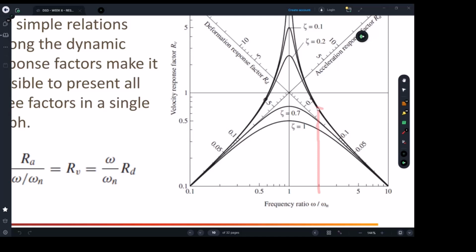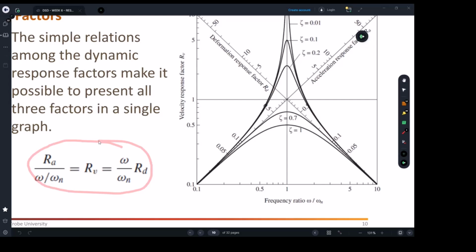Then from here, you can calculate all the other parameters. Remember, we had a mathematical relationship between all those three. Now, instead of using the formula, you can use the chart, because the chart can be done with Excel and some data calculations. You can do them for a range of frequencies and a range of velocity, acceleration and deformation. As I said to you, you're going to be doing something like this, but not for small equipment. You're going to do it for a building. So after we plot all those data, you will be able to